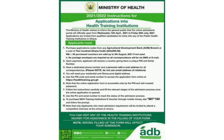So the second one states that upon payment, applicants will receive a voucher giving them a unique PIN and serial number. The third one said have a dedicated phone number and a personal valid email address for all your correspondences. Note: do not use an email address of relations. And the fourth one says you would need your residential and Ghana post digital address, as most houses are using that. If you don't have that, I would advise that you use a GPS, and the GPS will give you one. Okay, so the fifth one is use the PIN code and serial number to access the application form online at